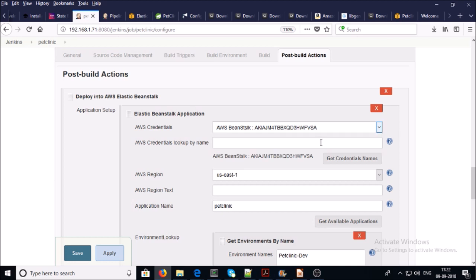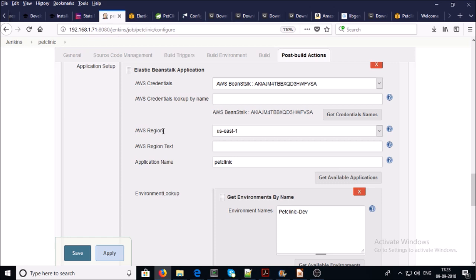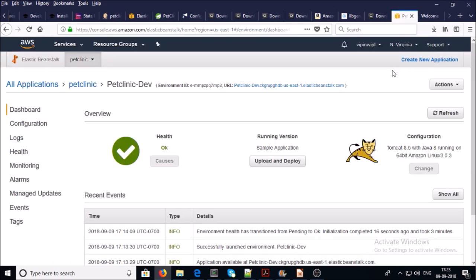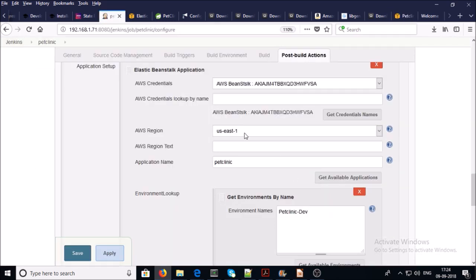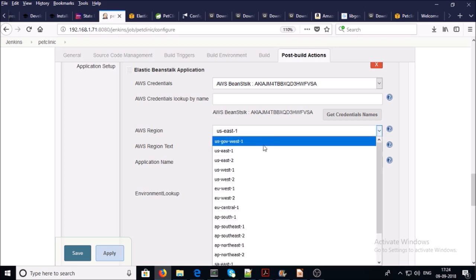Select from here. You can match your credentials. This credential is coming when we configured our AWS access key and secret key in the plugins section. AWS region: select the region where your Beanstalk application is hosted. So now you can see here my application is hosted in North Virginia, that is coming in us-east-1. Go ahead and click on the drop down box and select the appropriate